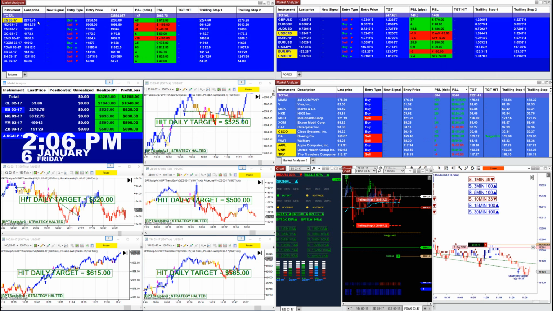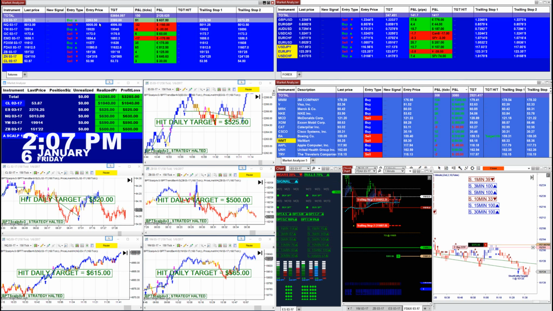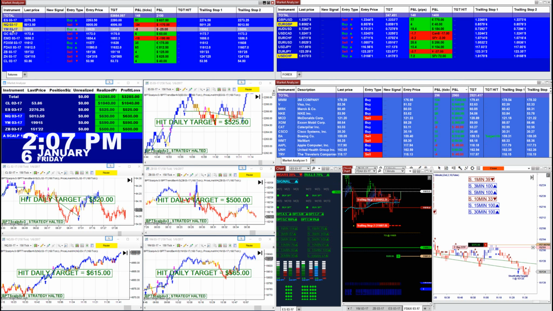If you notice, today is a typical day on an ES. We had an entry at 2263.50, and then the target was 2280. And these here are your trailing stops. On the YM, we had a buy at 920, now a new signal, and now it's down 4 ticks. But already the NASDAQ